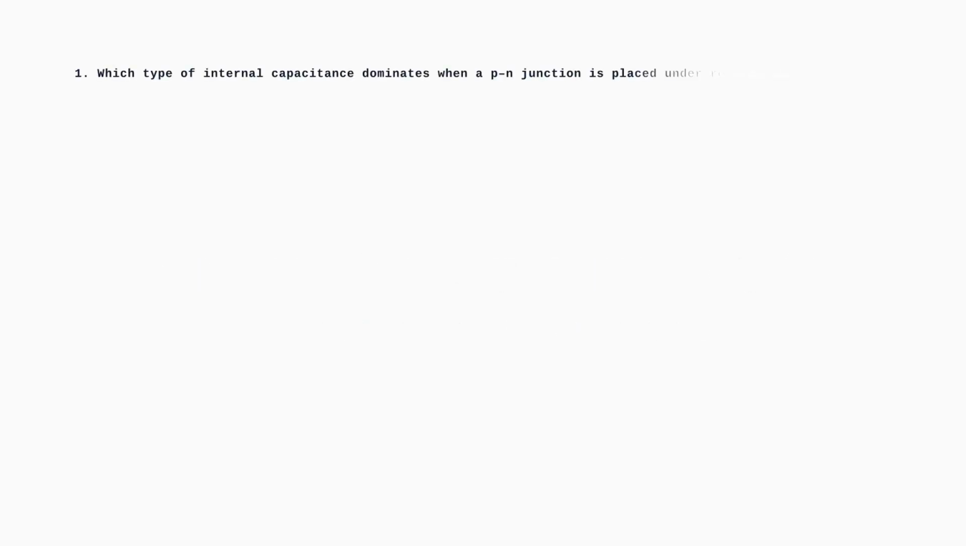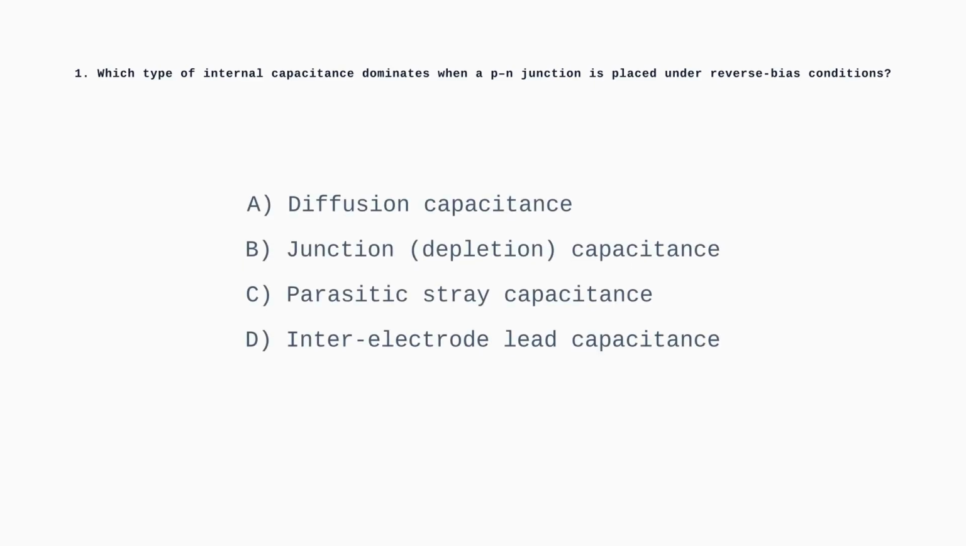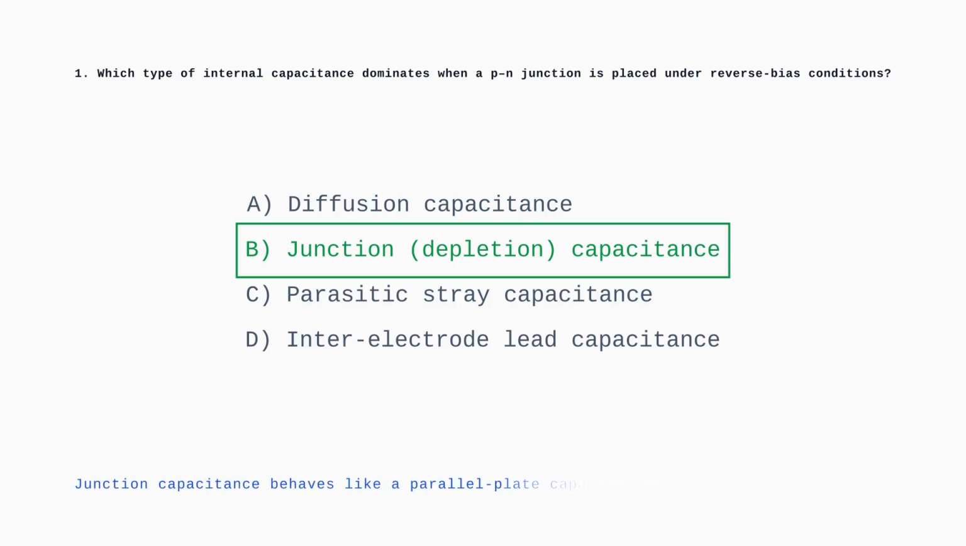Question 1. Which type of internal capacitance dominates when a p-n junction is placed under reverse bias conditions? Under reverse bias, the widened depletion layer acts as a dielectric insulator between two conductive regions, producing junction, or depletion,